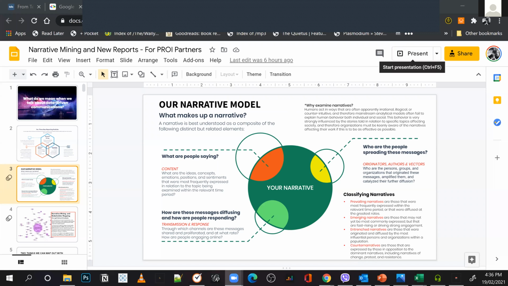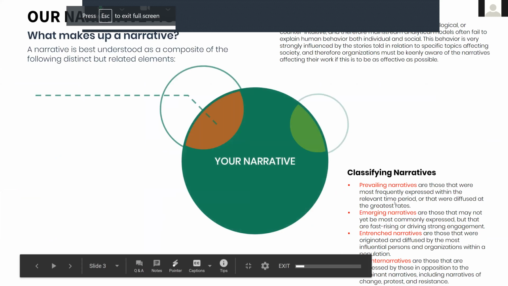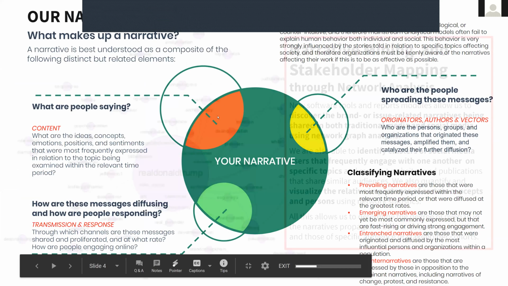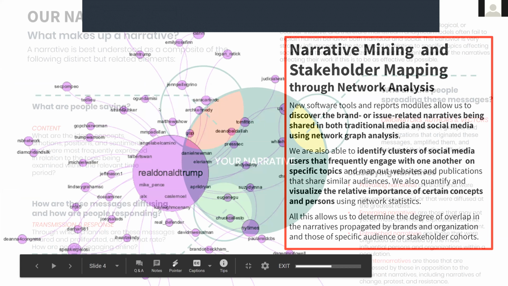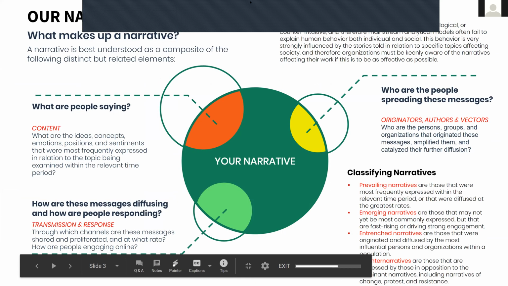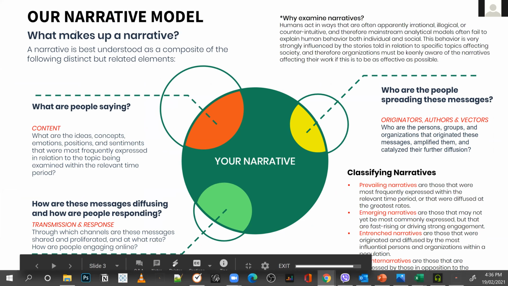So I'll just start by quickly reintroducing the idea of narrative mining. And then today, I'll just demonstrate the network analysis part of it.